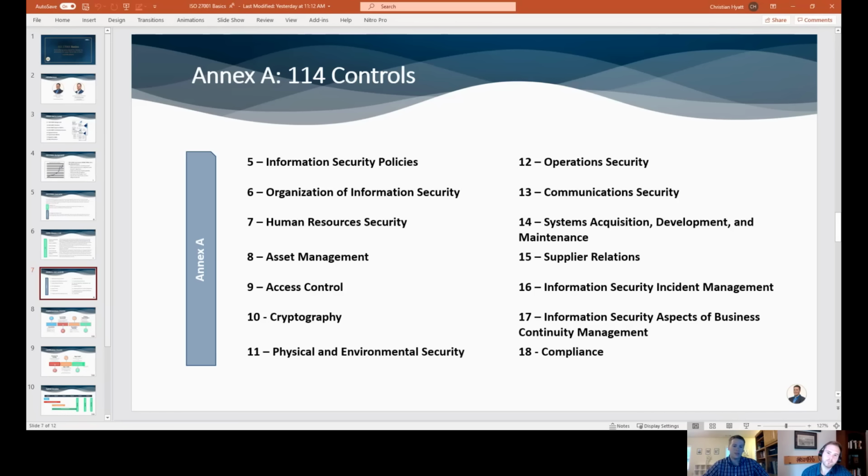Section 8 is asset management. So an asset is anything from an employee laptop to a network device to a server that's running your application. So there's a ton of controls, and arguably one of the more important areas is asset management. Especially given the nature of the workforce right now being mobile. This has become a really big item because a lot of companies depend on their corporate network for security, and so that asset gets plugged into the network, therefore it's secure. But now people are home working on their laptops on their home network, and so it's become much more important to protect the asset itself.